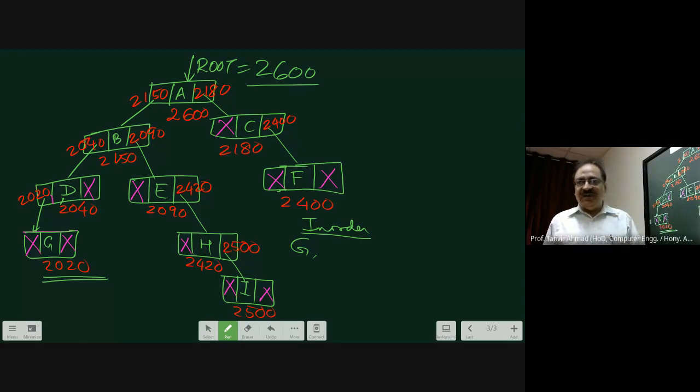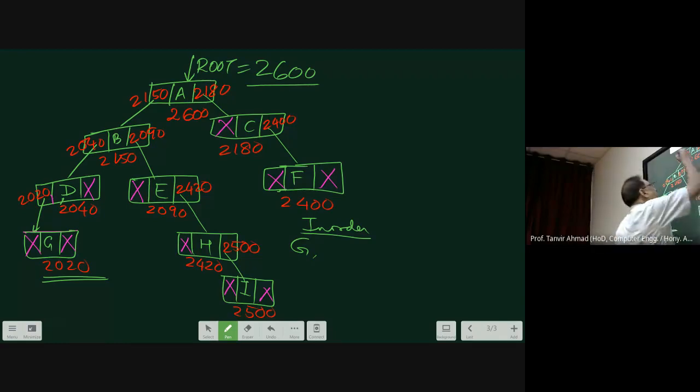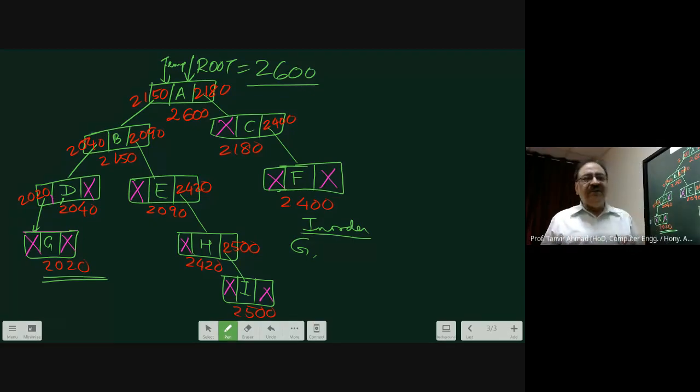Now, that is the question. Suppose you know that I have a temporary pointer. What I will do, I will maintain one pointer over here, which we call temp. I'll keep a moving temp of left, temp of left, temp of left, temp of left. Ultimately, it reaches G, and I print temp of data. Now I have to go back from G to D.